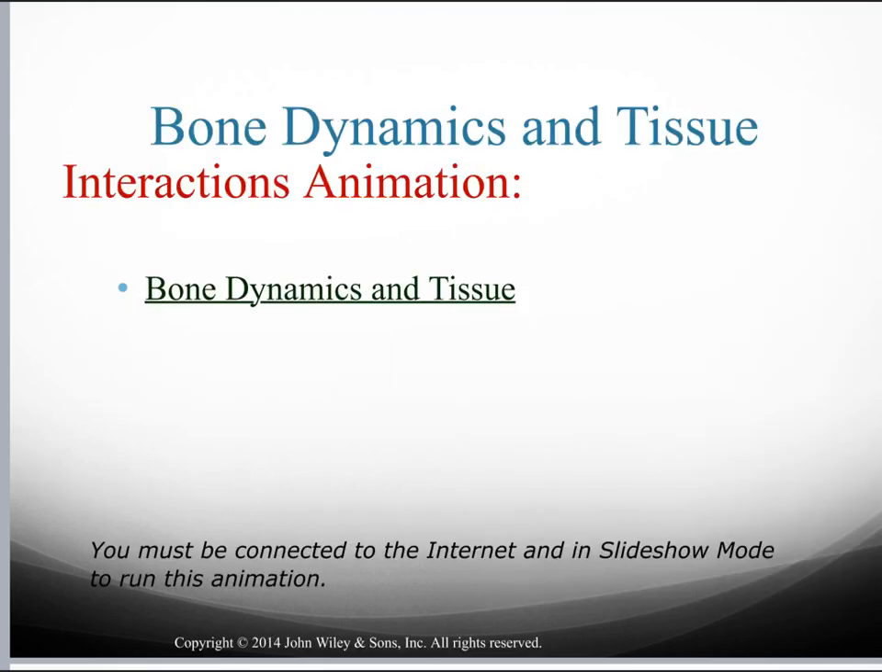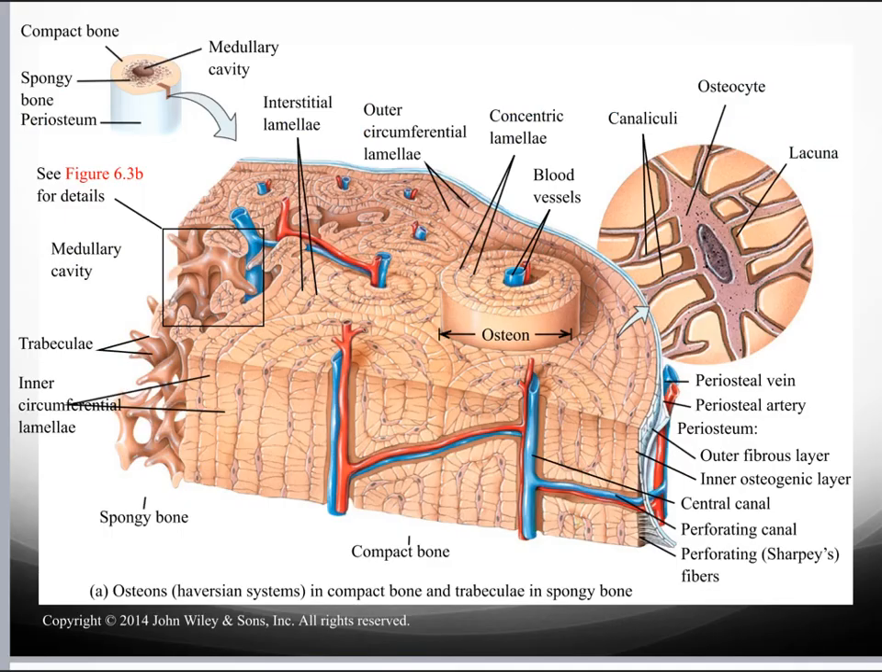Now on your slide, you're able to click this bone dynamics and tissue, which will bring you to an interactive animation. This will run through Wiley, but you have to be connected to the internet in order to access this slide. So have a look and watch this little video. With this model, we're going to look at the osteon or the Haversian system, point out some anatomy, as well as the trabeculae and spongy bone. Let's point out some structures. So we can zoom on in and look at our